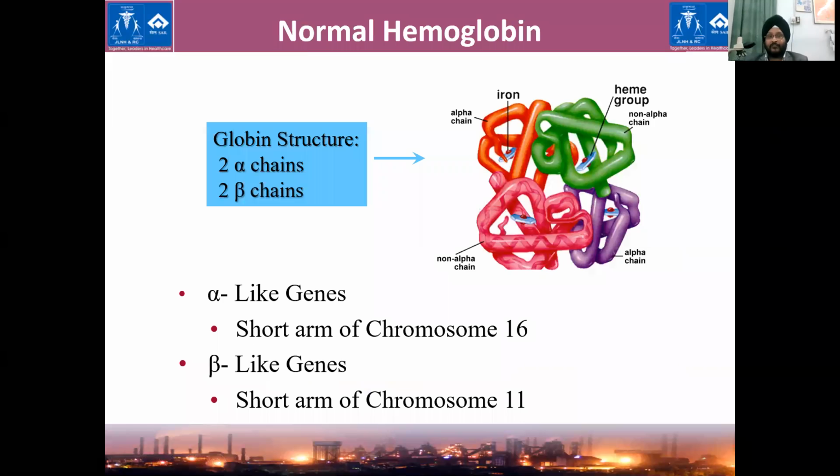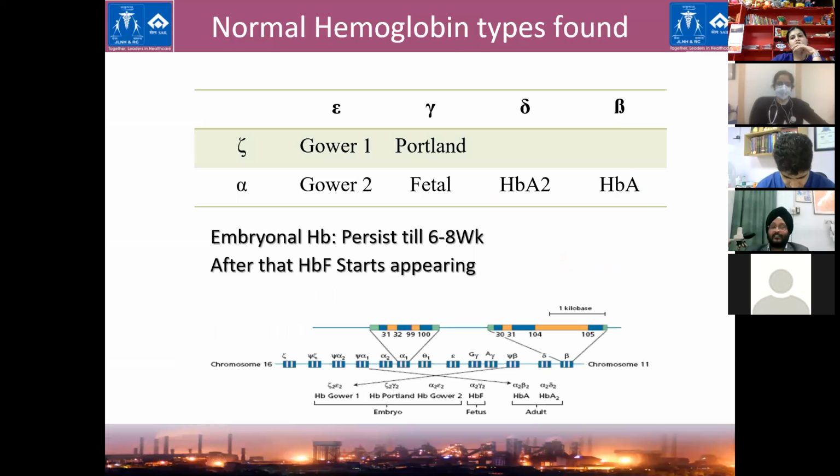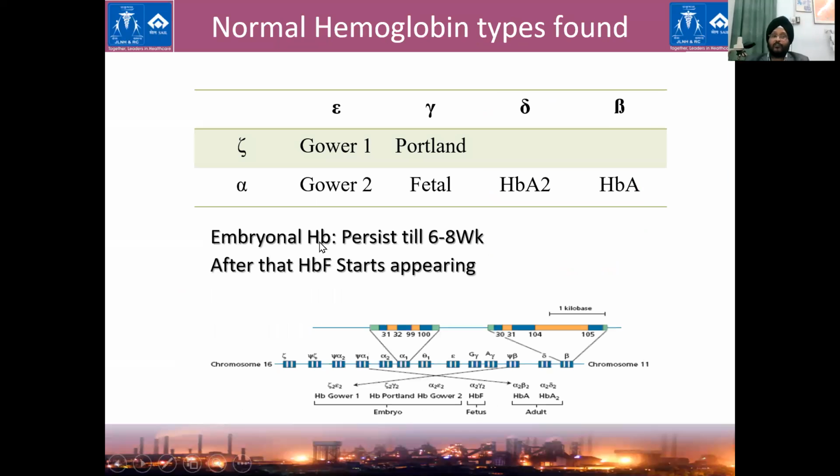So just a brief recapitulation of what our hemoglobin is. It is made up of two alpha and beta chains. So it's not exactly alpha and beta. We can say that alpha is a group of alpha genes and beta is also a group of genes which are expressed at various times during the development. So during the embryonal